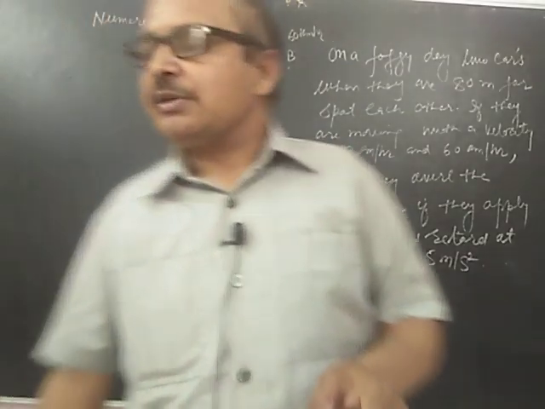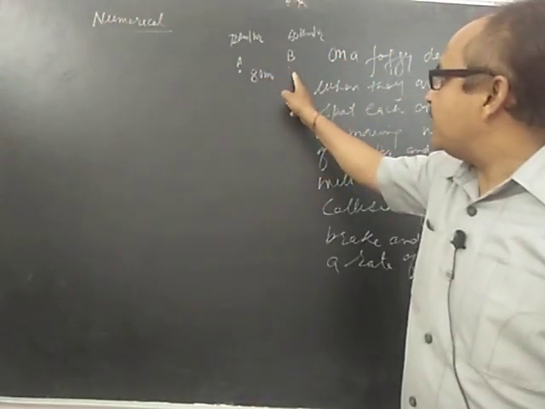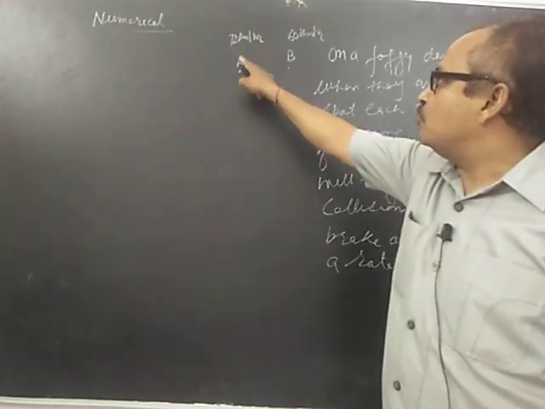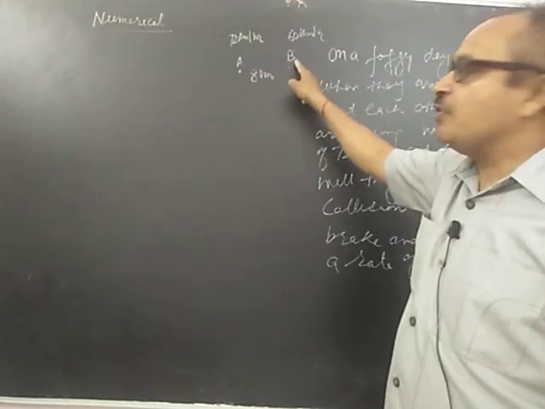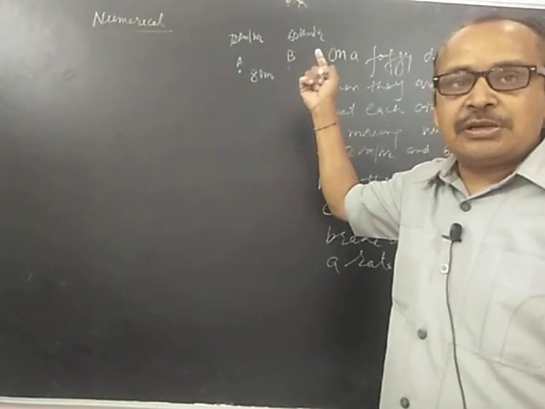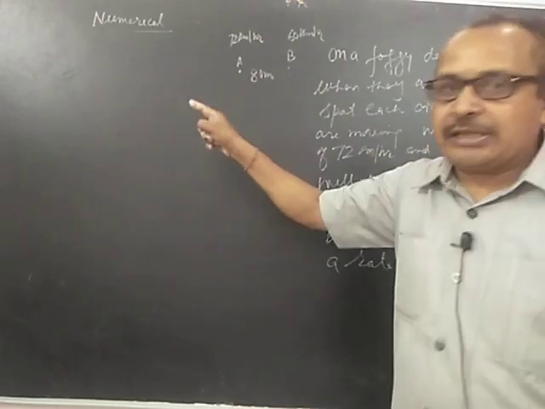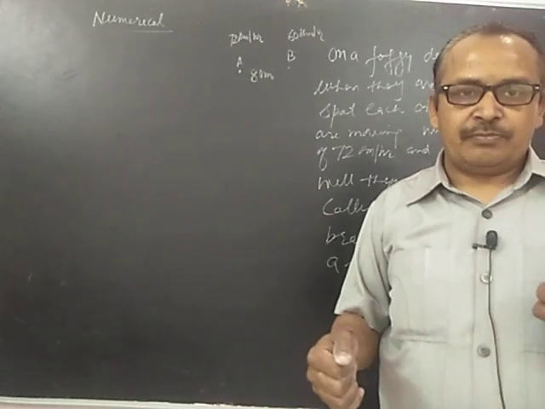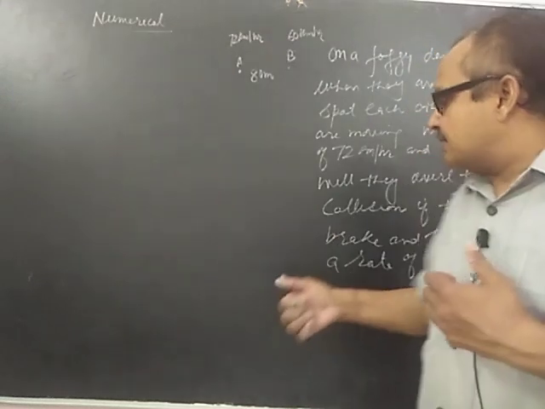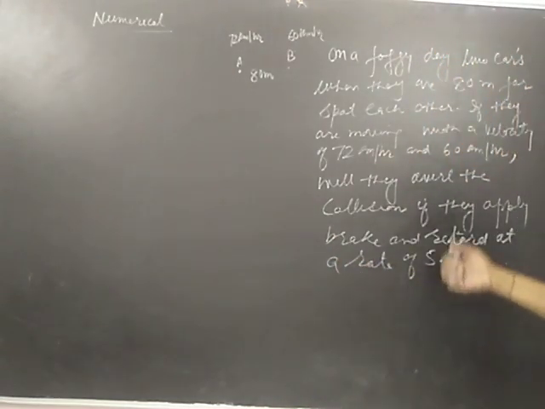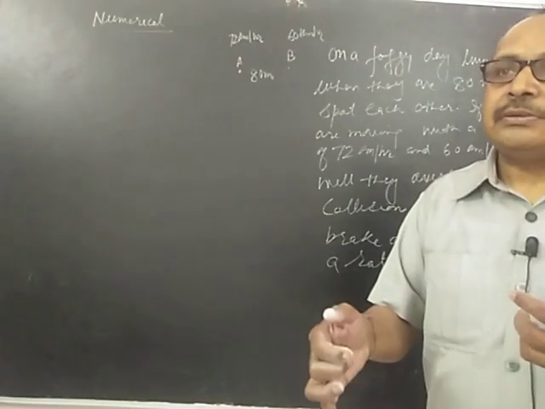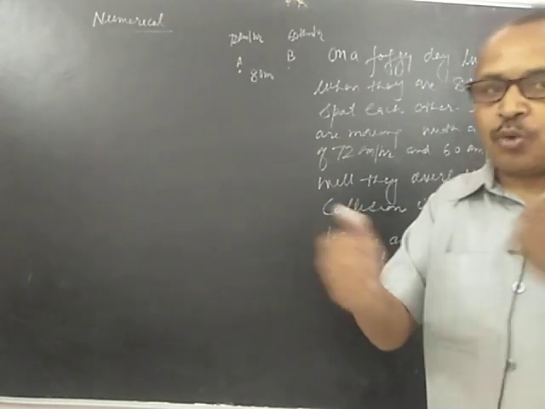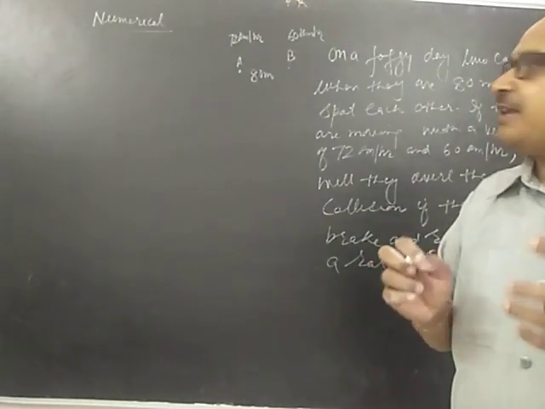Is the question clear? There are two cars at A and B. The distance between them is 80 meters. A is moving with this speed, B is moving with this speed towards each other, and when they saw each other, they tried to apply the brakes so that they don't collide. When they apply the brake, the rate of retardation is given here. The question is, will there be a collision or will there be no collision? One thing is very clear.